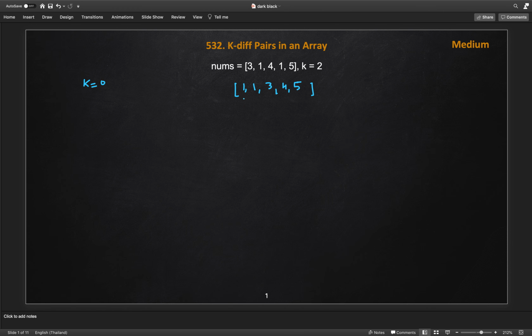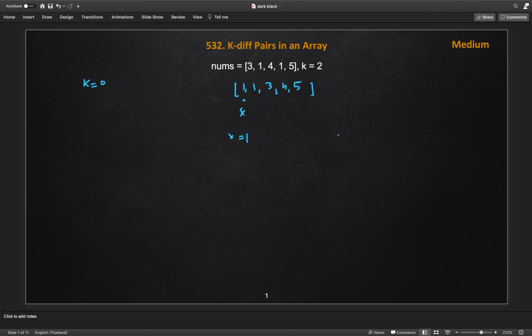Now what I will do is start from the starting place and check whether the i-th element plus k is in the right part of the array or not. Let's call the current element x, so x equals 1.